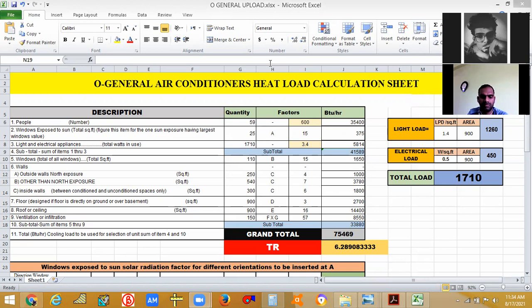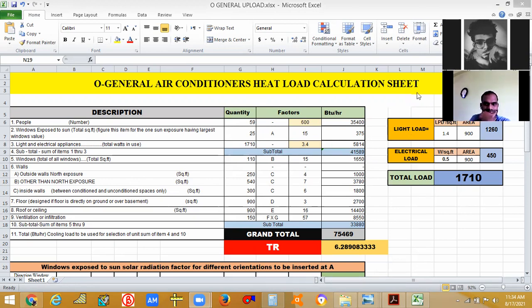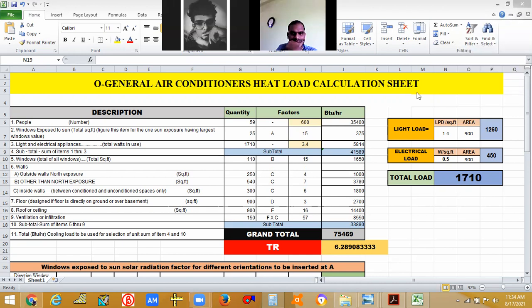Yes, we can use this for all types of applications, like commercial also, provided that all the values that you give are correct. All the areas and all the values that you are giving should be correct. There are some limitations that we have. We will be able to give only these 11 categories, that is the only thing. But still, we could find out the answer. That's not an issue, we will get an answer.